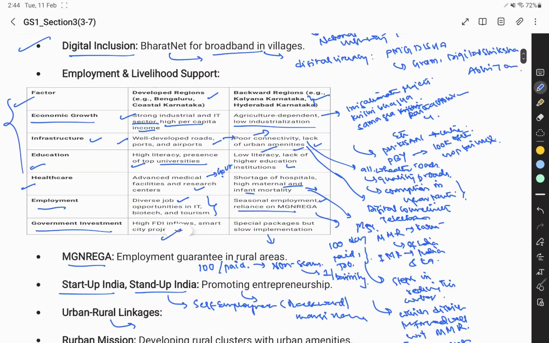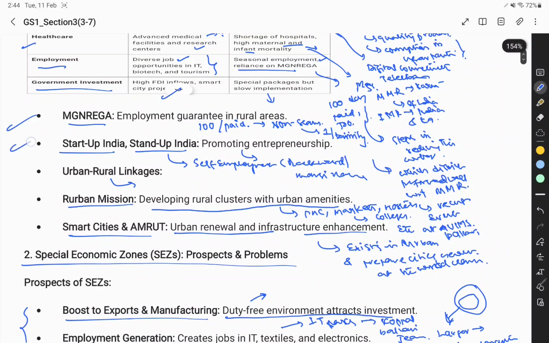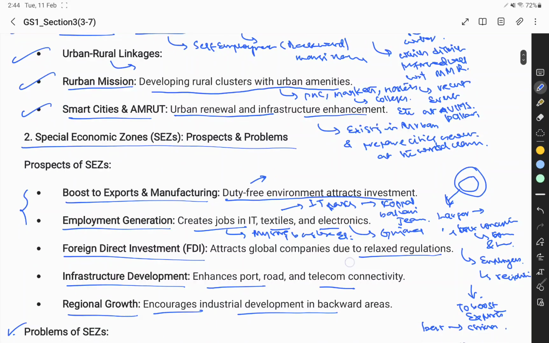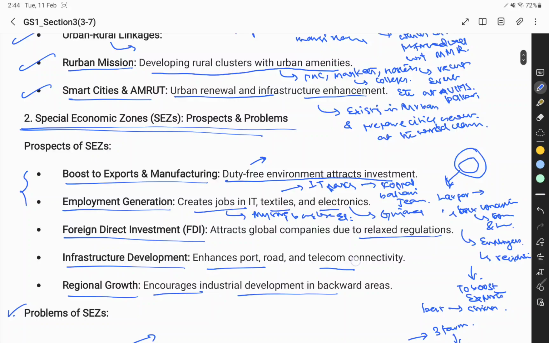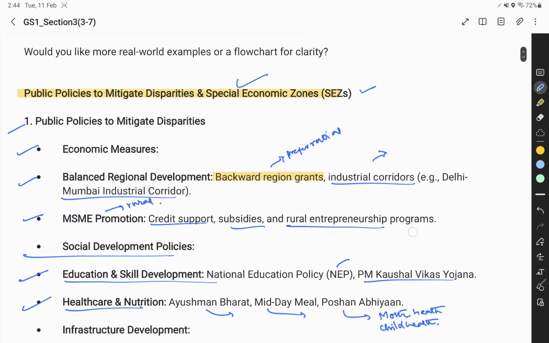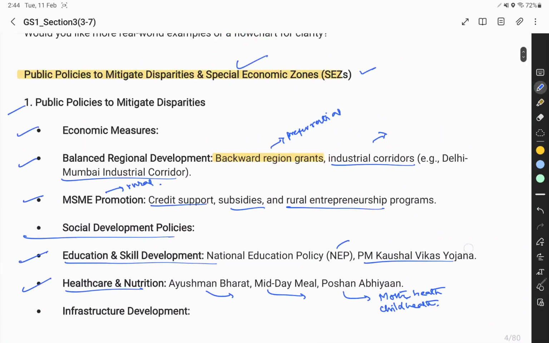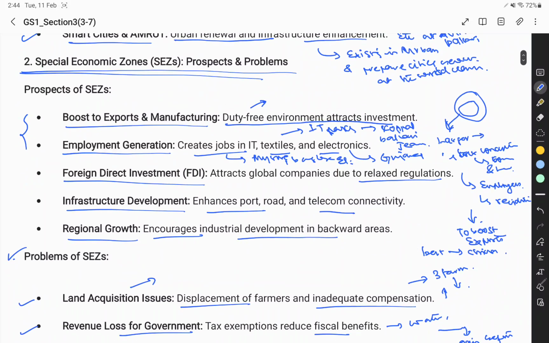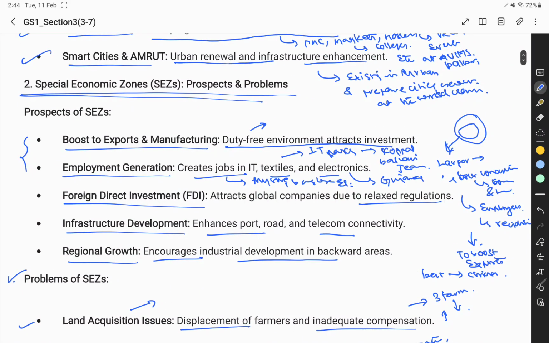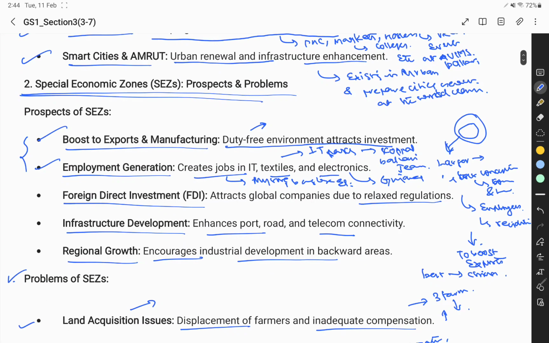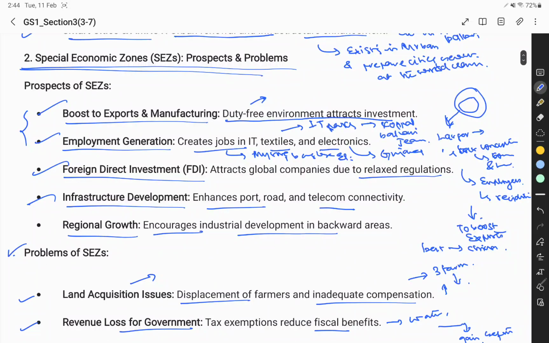Then this table is a must. Then NREGA, Startup Stand-Up India, urban-rural linkages, Rurban Mission developing rural clusters, then Smart City Mission, AMRUT. Then special economic zones, prospects and problems. The first one is to mitigate the disparities. The second one is the SEZ. SEZ is to boost export and manufacturing, employment generation, foreign direct investment,